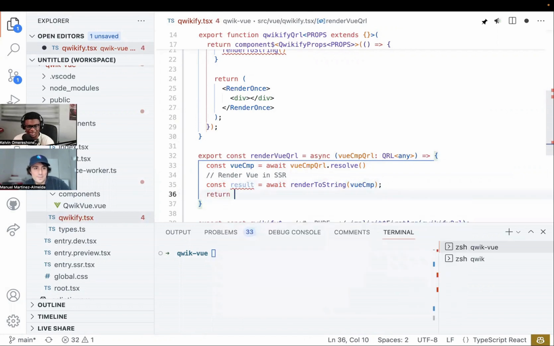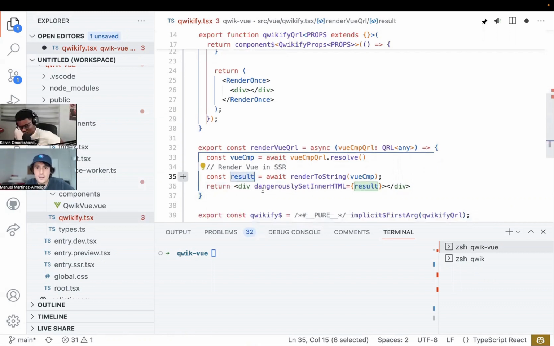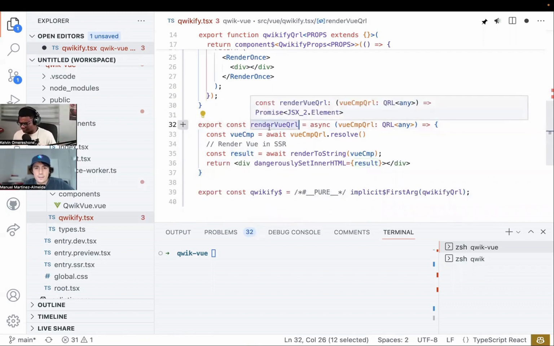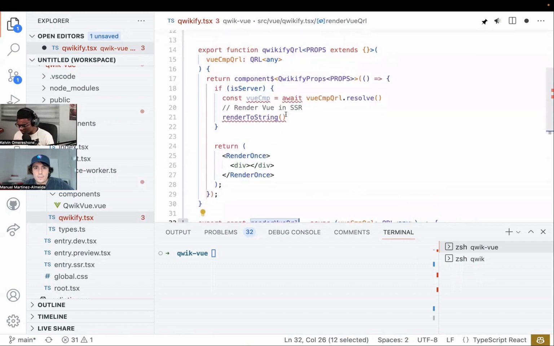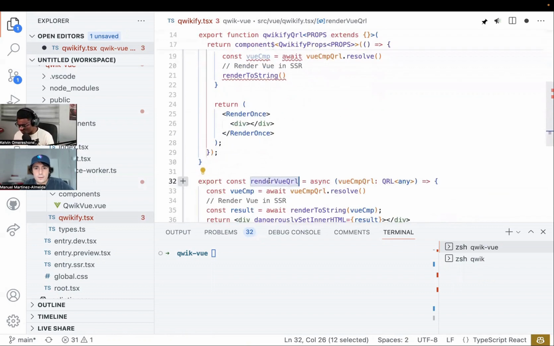Let's just do it. In Qwik, we still have to put it inside some container element. So let's just make a div, and we are going to put dangerous set inner HTML of the result from view. Oh, okay. You're going to put it there and see if it works. Yeah, I get it, that makes sense. So let's call this